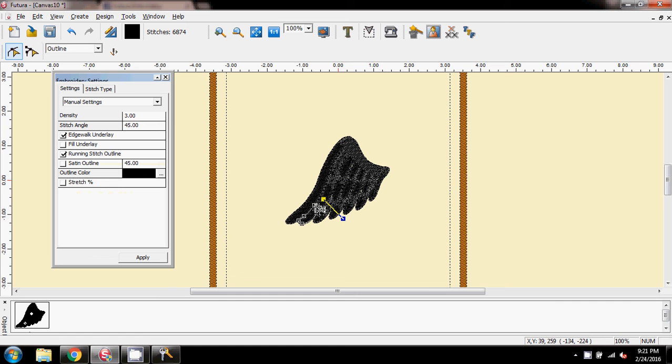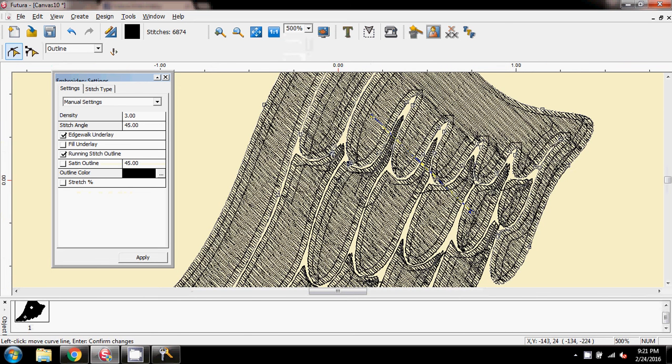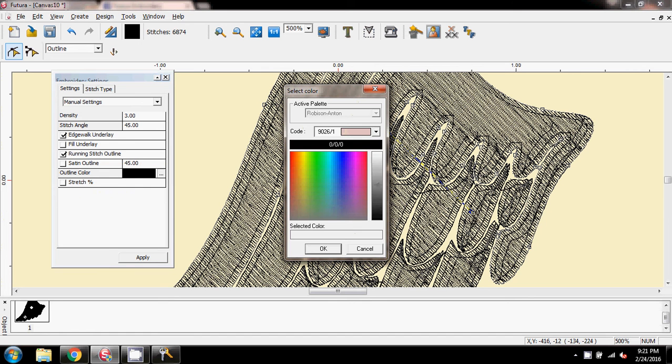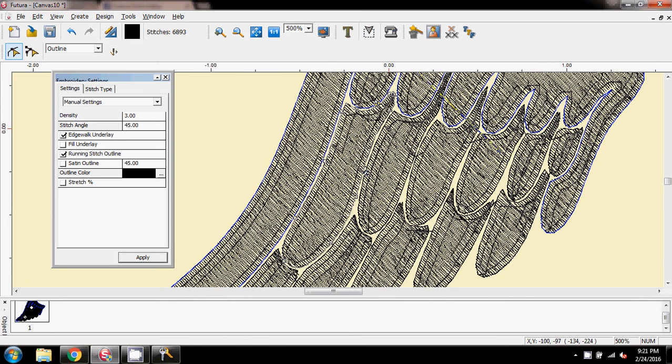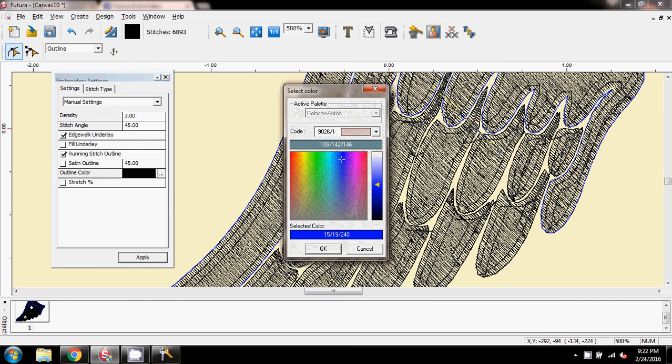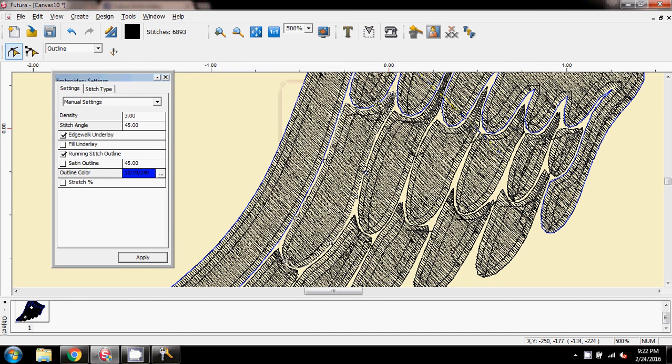So now I have to go through each of these. I'm going to blow it up to come into a little bit. So first of all, the main one there, and I'm just going to pick a blue, it doesn't matter here, apply it, and then go through the blocks one by one. This is the next block, and I'm just going to pick a blue, apply it,